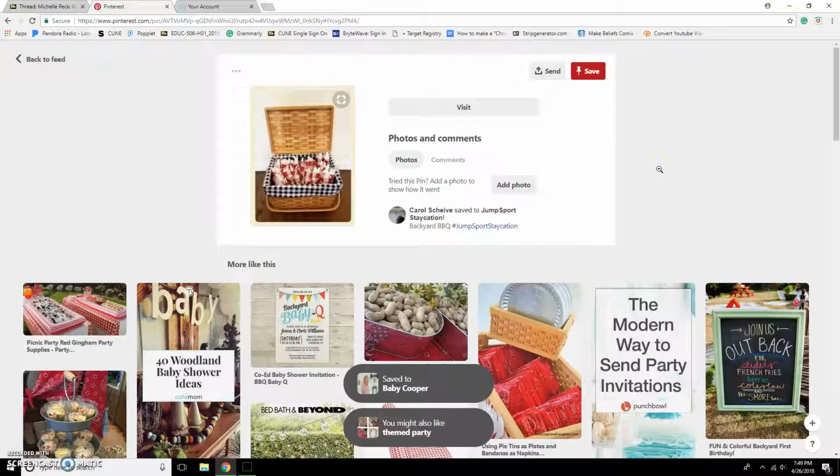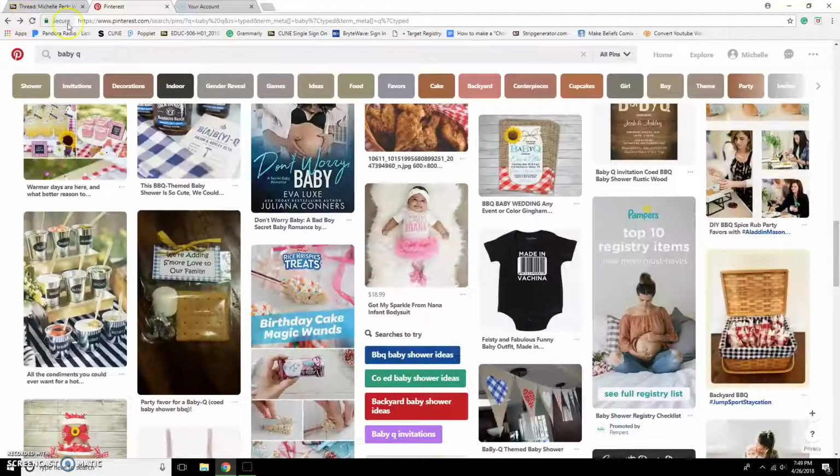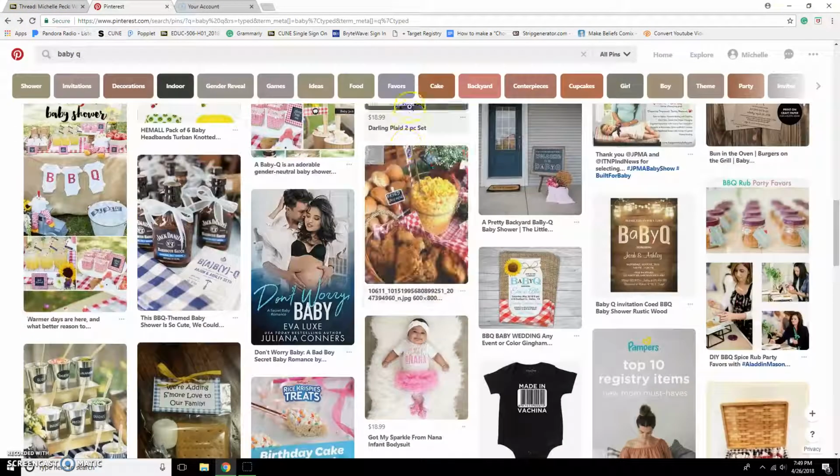And now it's saved there. So all I have to do is click either the back to feed button or back on my browser, and I'm back to my board. To see my boards, I bring my mouse up over here and I click my name,